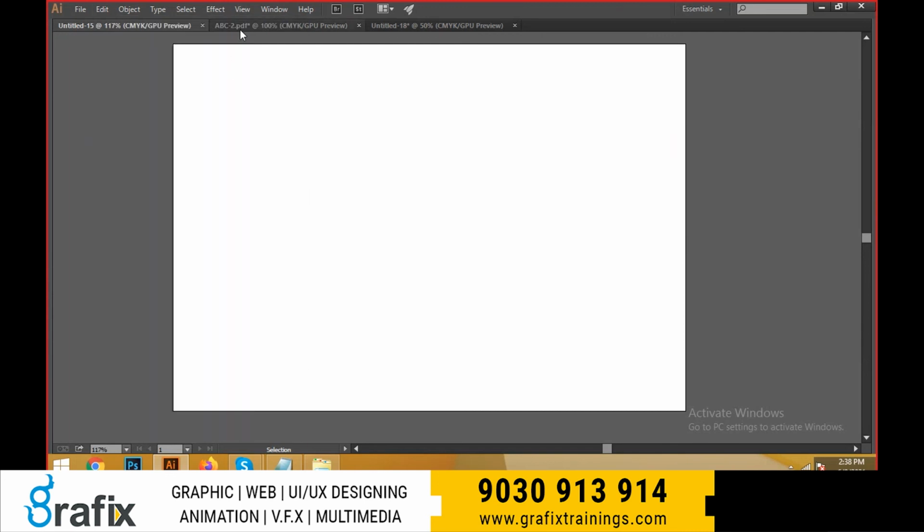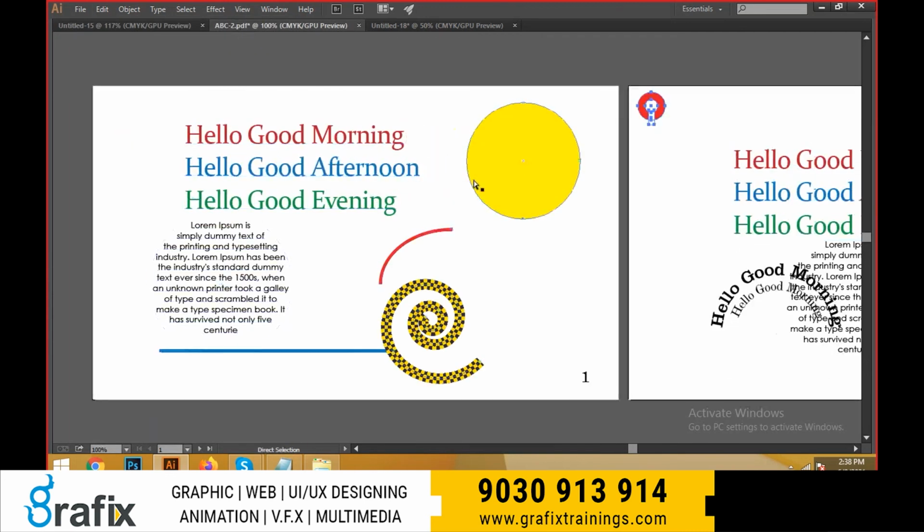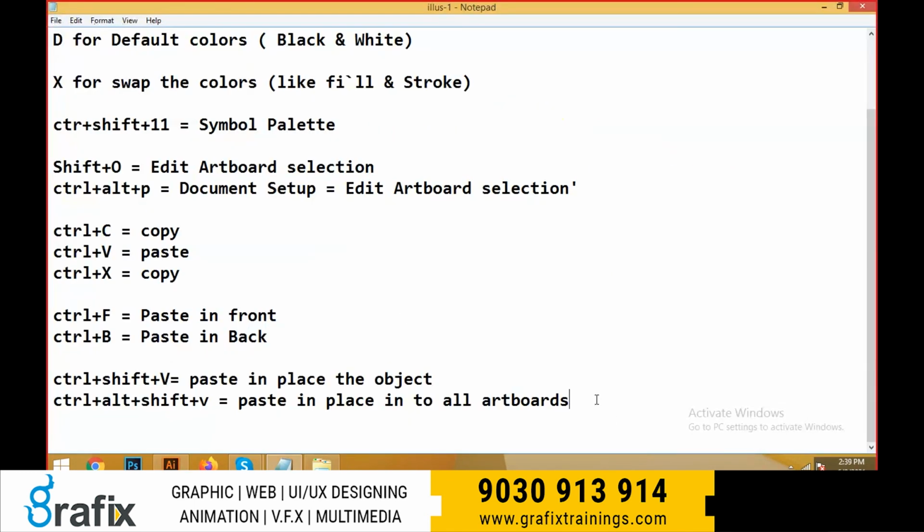And Control Z undo, and Control Shift Z redo.